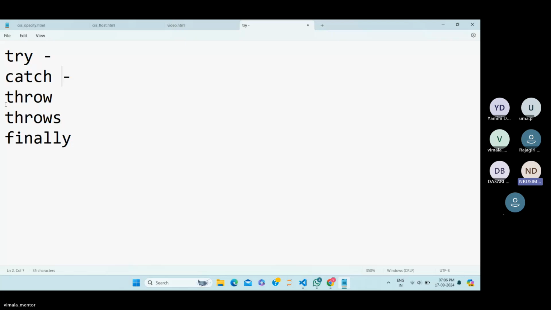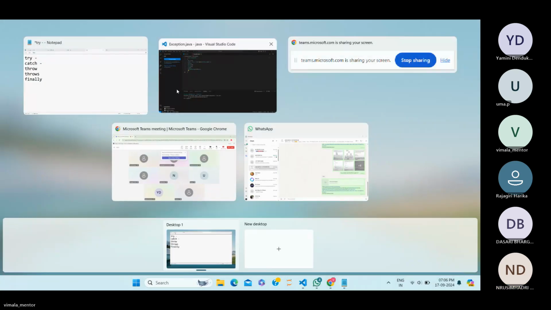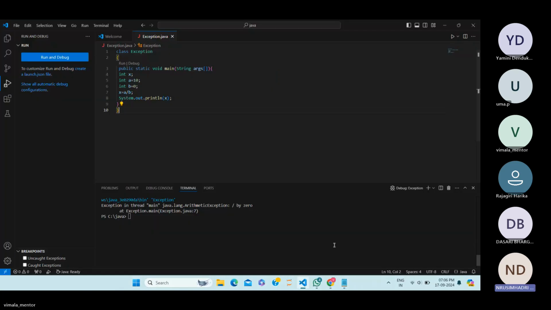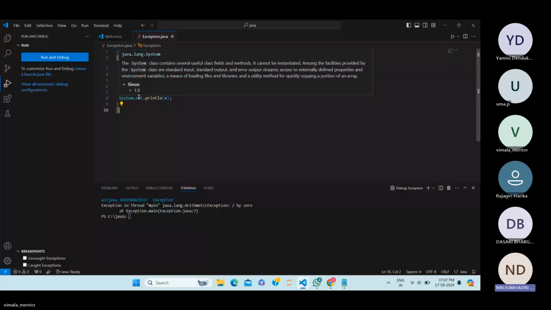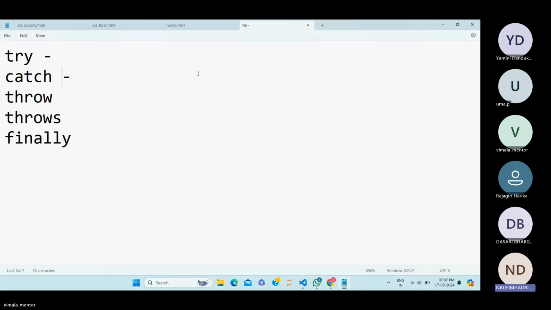Then throws. Here throws is usually used when we predefinedly know that there would be an error here, when we compare to the before program. In the before program we know that we cannot divide any number by 0, so we already know that there would be an error raising in the program, so those types of statements can be written in the throws. That means we'll beforehandly know that these types of errors or these types of exceptions would be raised. And finally is used